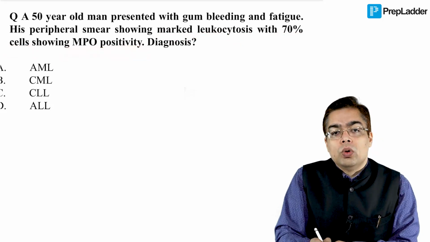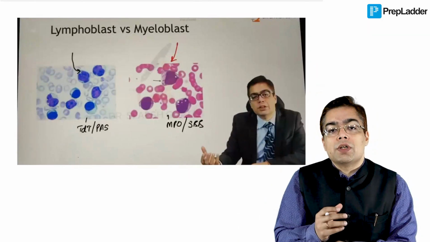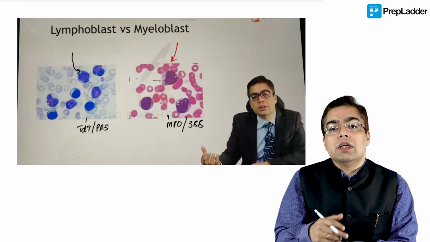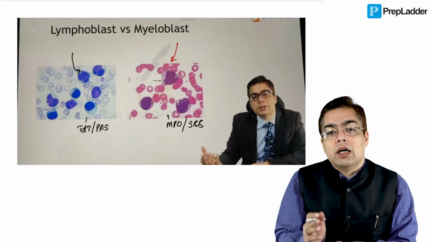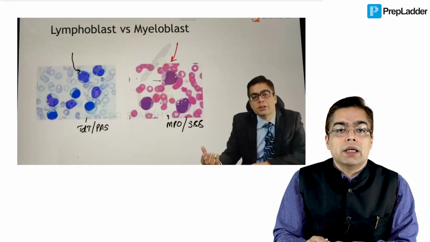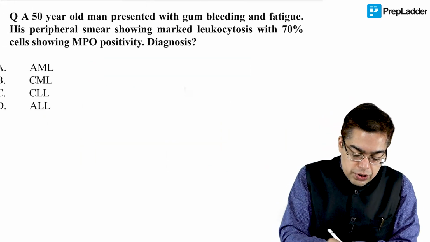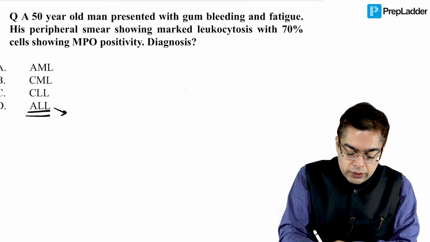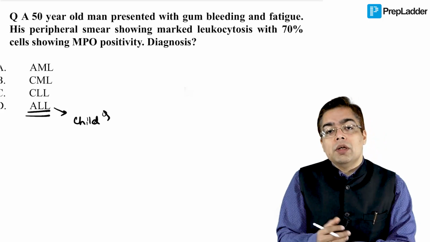Now, it is easy for us to rule out options in the exam, because we have talked about this particular thing in the snapshot section as well as in the main videos. I did talk about the fact that when you have a short duration of history of presentation, especially of dysfunction of RBCs, WBCs and platelets, you have to think of something like an acute leukemia. However, the difference that we find is, ruling out those options one by one, if I talk about something like ALL, ALL is an example of a leukemia that is classically seen in a child. So, pediatric leukemia.